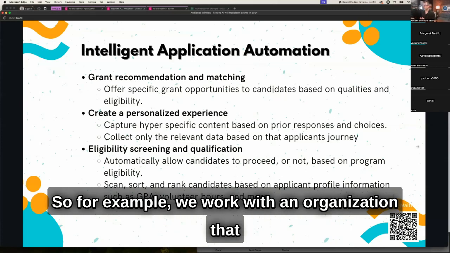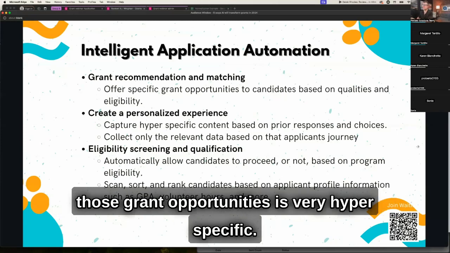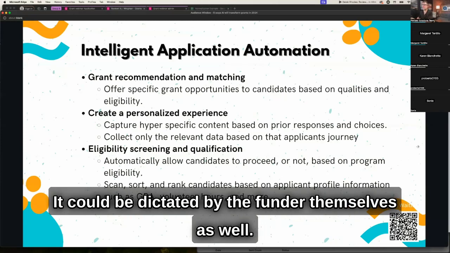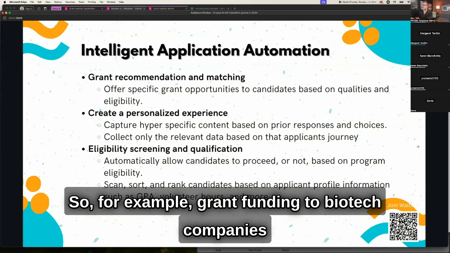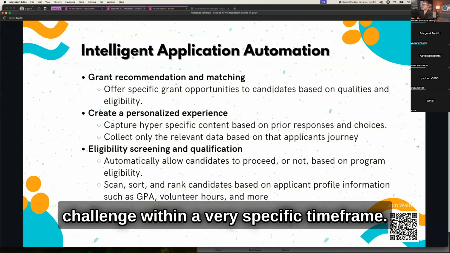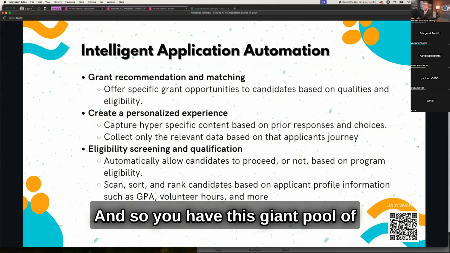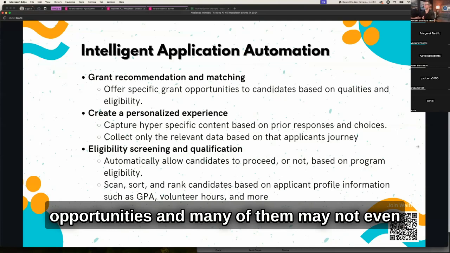For example, we work with an organization that offers about 50 different grant opportunities, and each of those grant opportunities is very hyper specific. It can be dictated by the funder themselves, and some of them might be for very specific criteria. For example, grant funding to biotech companies who are trying to solve a very specific challenge within a very specific time frame. And so you have this giant pool of grantees and applicants who are seeking these opportunities,